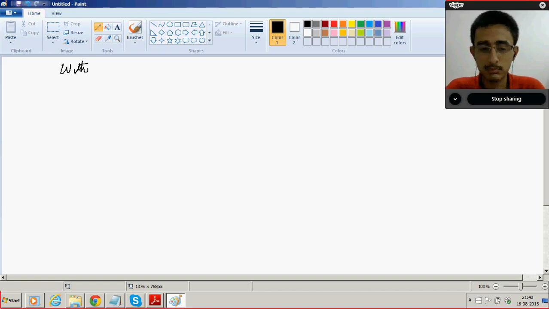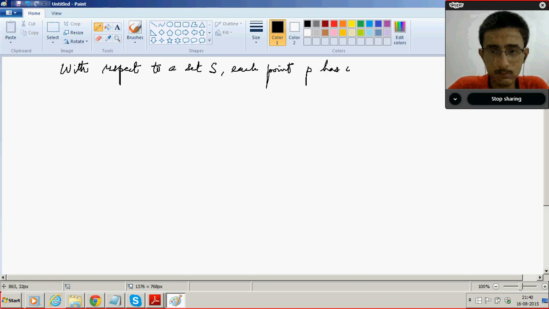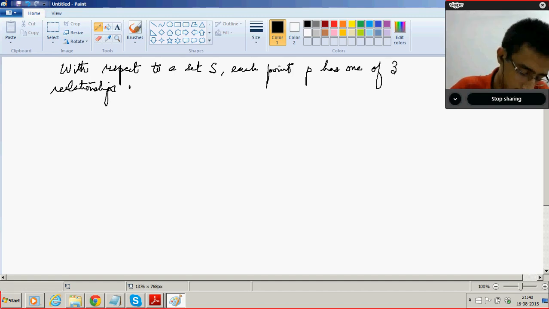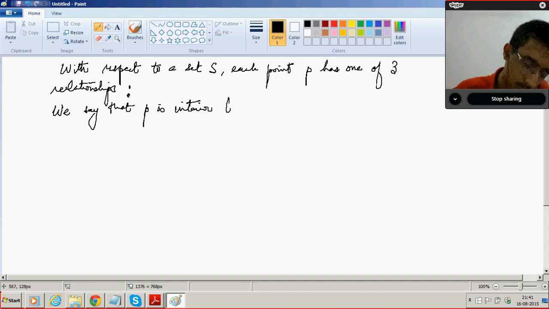So with respect to a set S, each point P has one of three relationships as follows. We say that P is interior to S